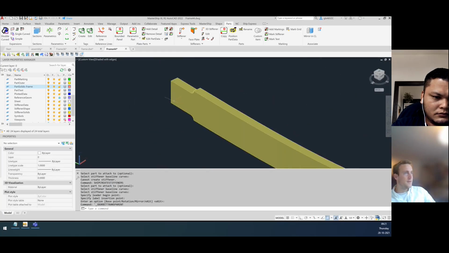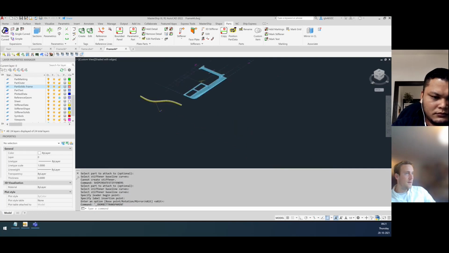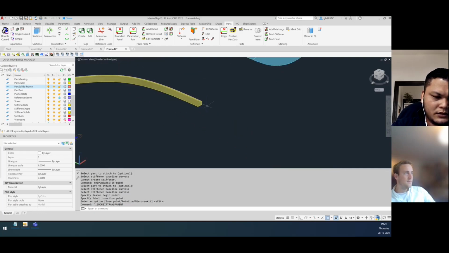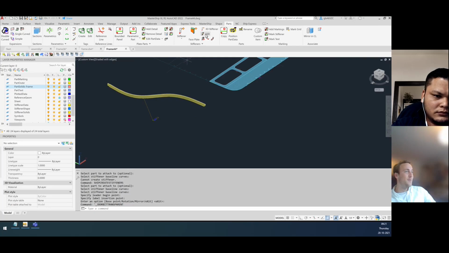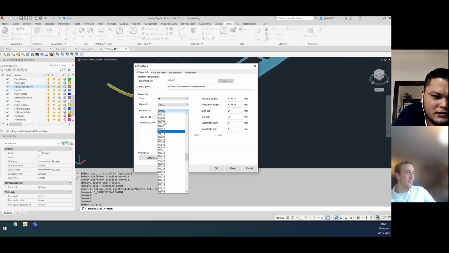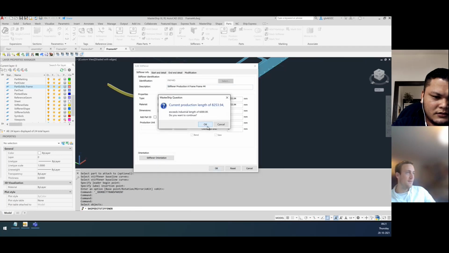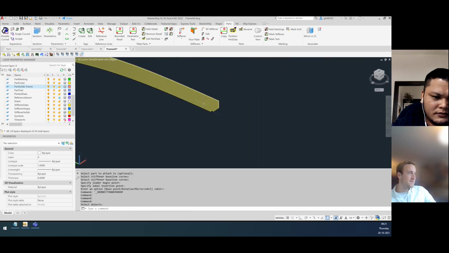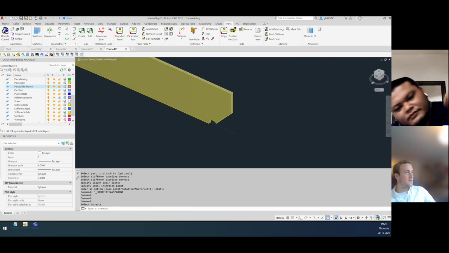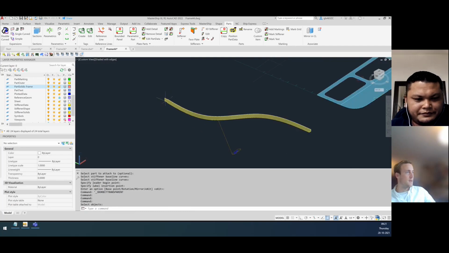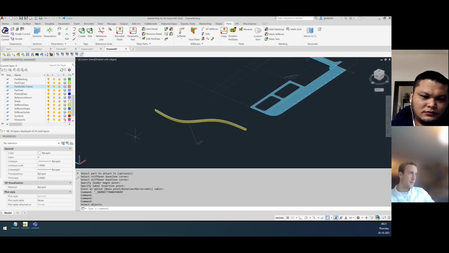Then we look at it, and then you have this end detail, and we have this end detail. This is a really big flat bar. Let's make a bit thinner one. This is better. Okay. So this flat bar is not easy to make. This is not something that you want in your workshop. But it is bent. Okay. So what you can do for this example, you can do stiffener